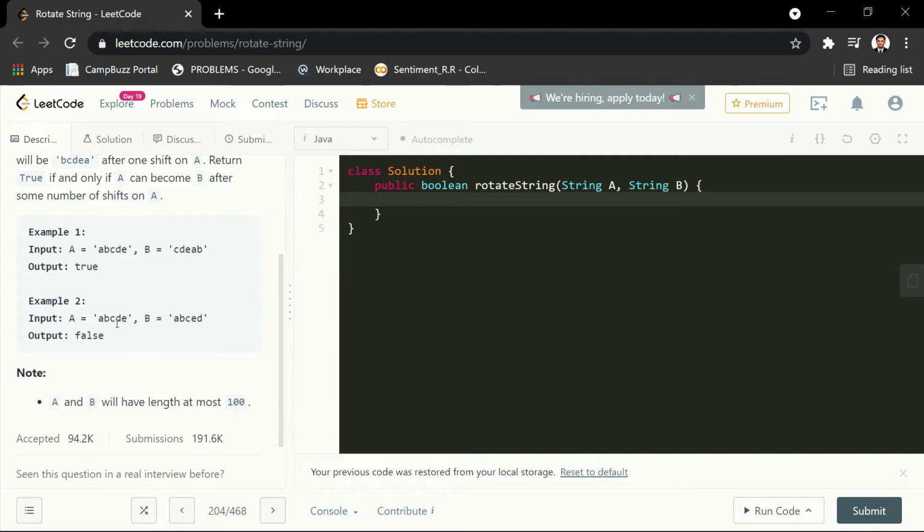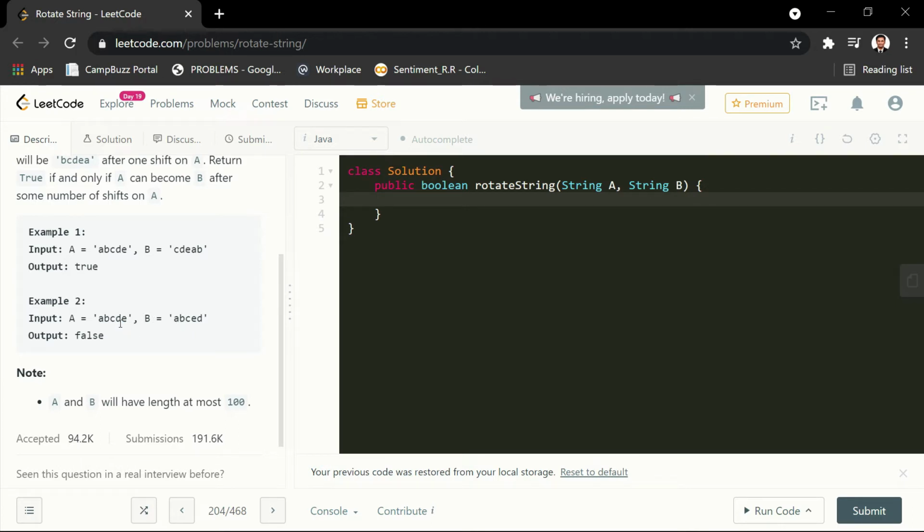Let us see the example 2. So here, if we try to do any number of shifts, there will be no way where we can get string B. This is because if we interchange any position, for example, if E is coming before D, this is not possible in any case.